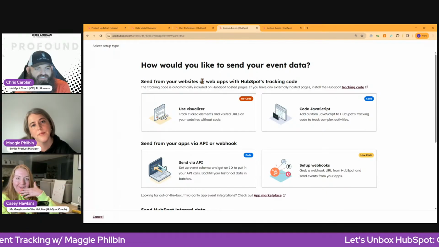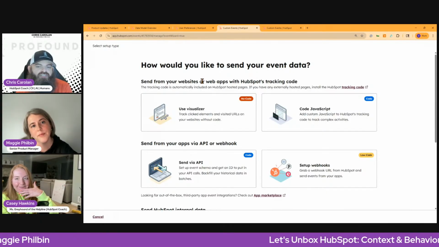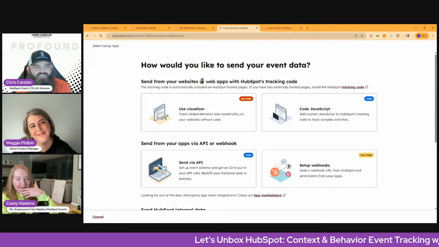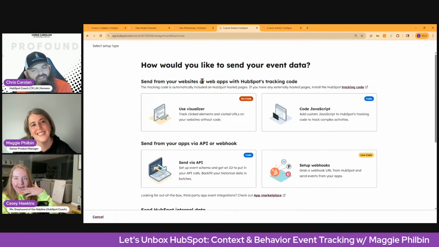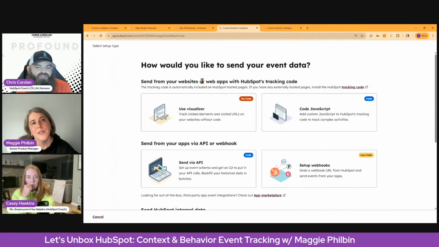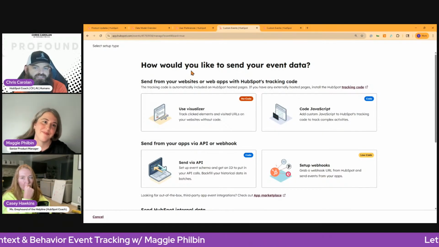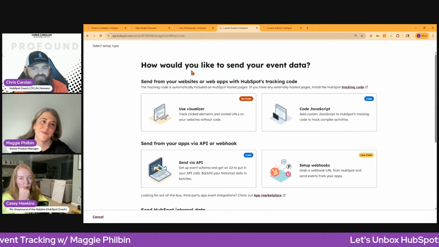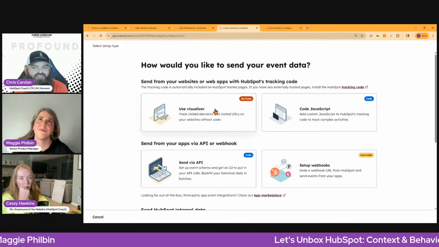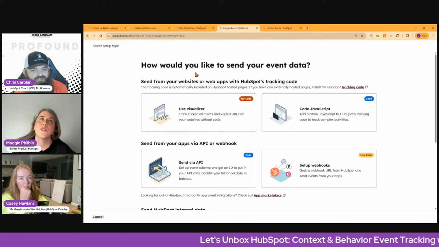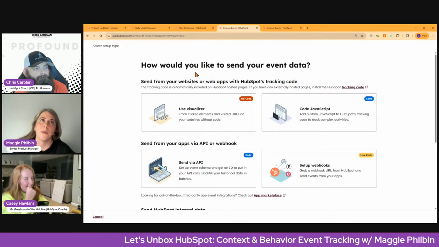Now we add this event layer that likely relates to those things. Is there any place in HubSpot or any recommended way to map this out before just clicking on this button? So you're getting at our next step in our plan.